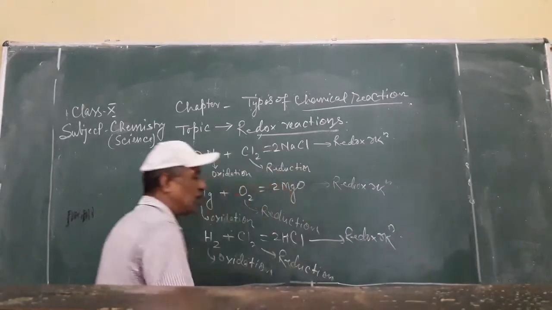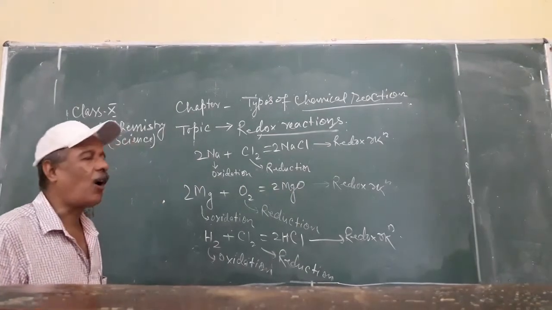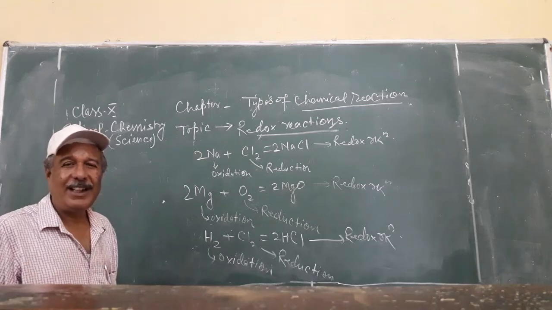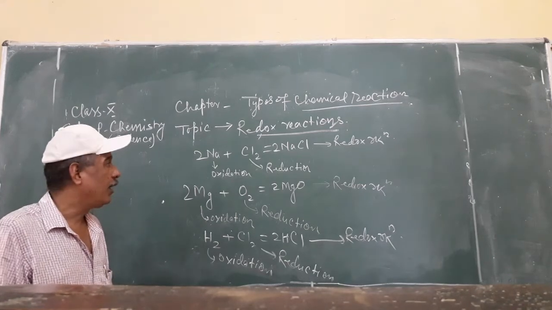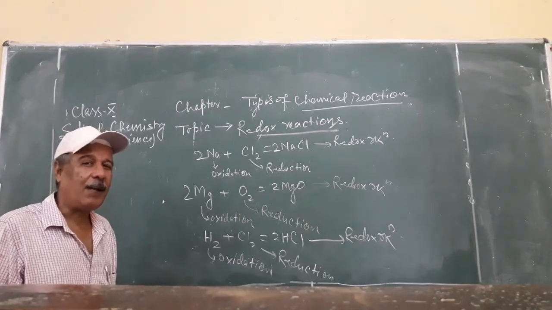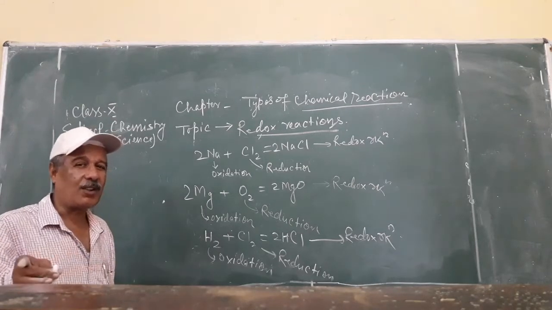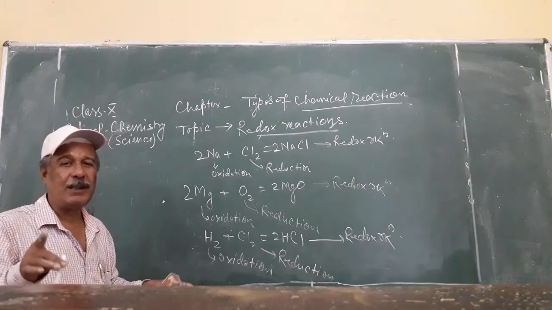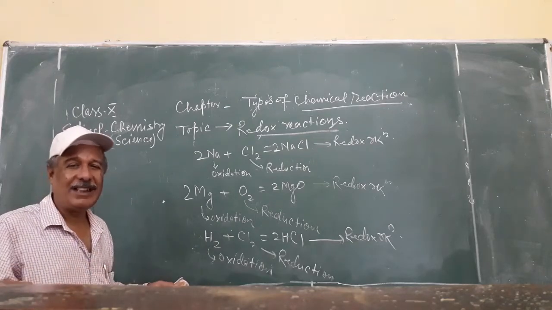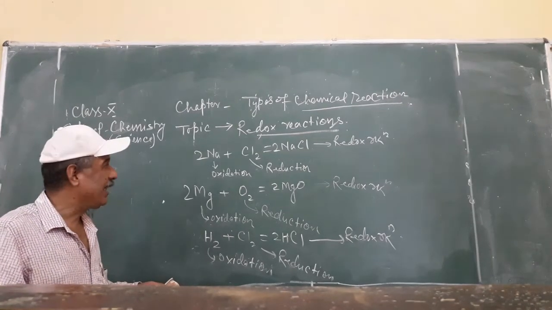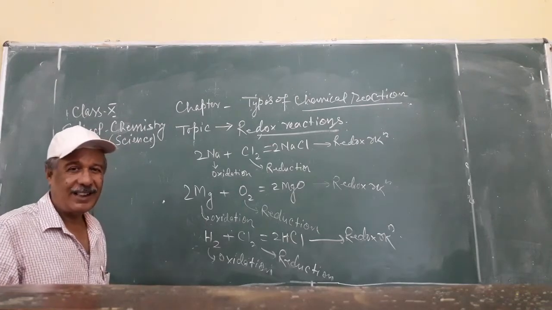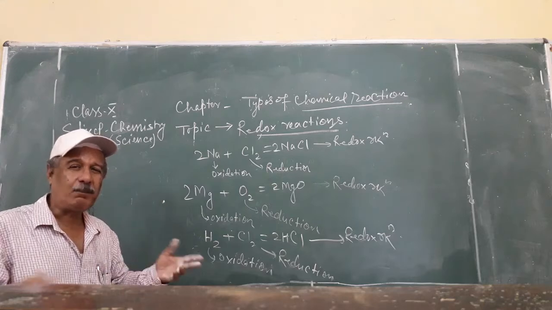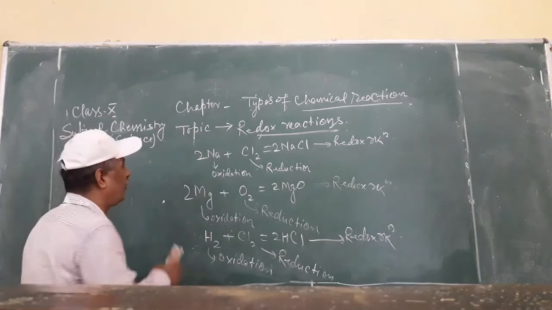So not only these three, countless examples are available in chemistry which can be crowned with the name redox reaction. What happens? One undergoes oxidation, the other undergoes reduction, and both of them happen side by side. Correct? So it is about redox reaction. Correct? Now we will see two more reactions which we practice in our day-to-day life.